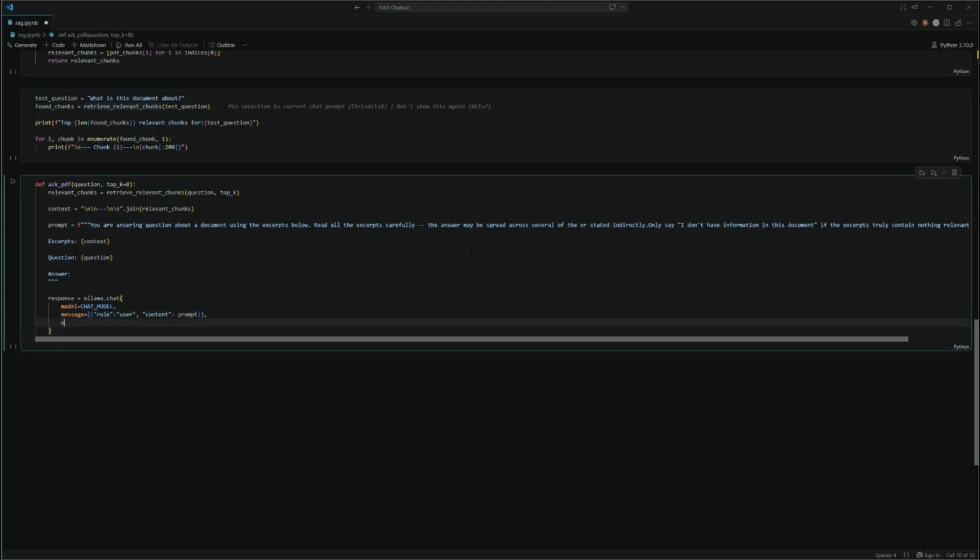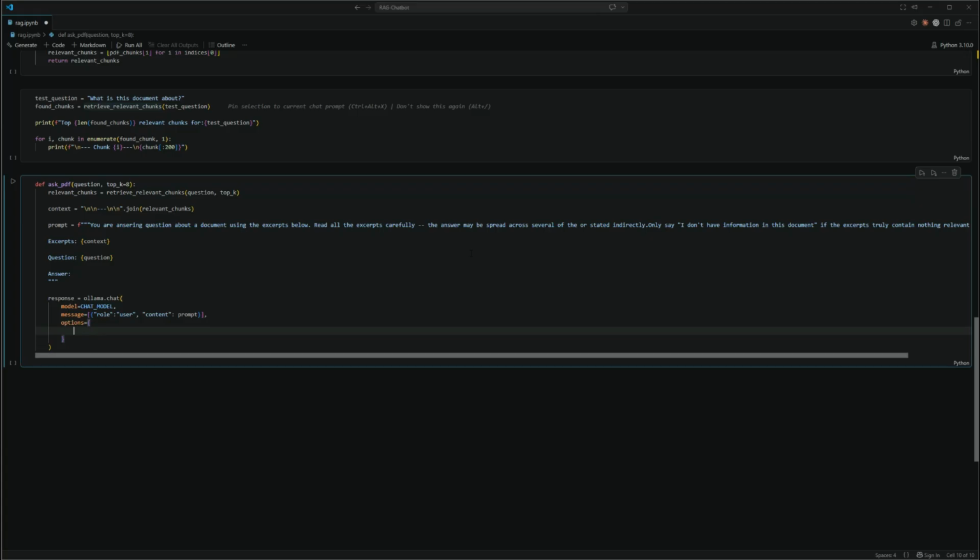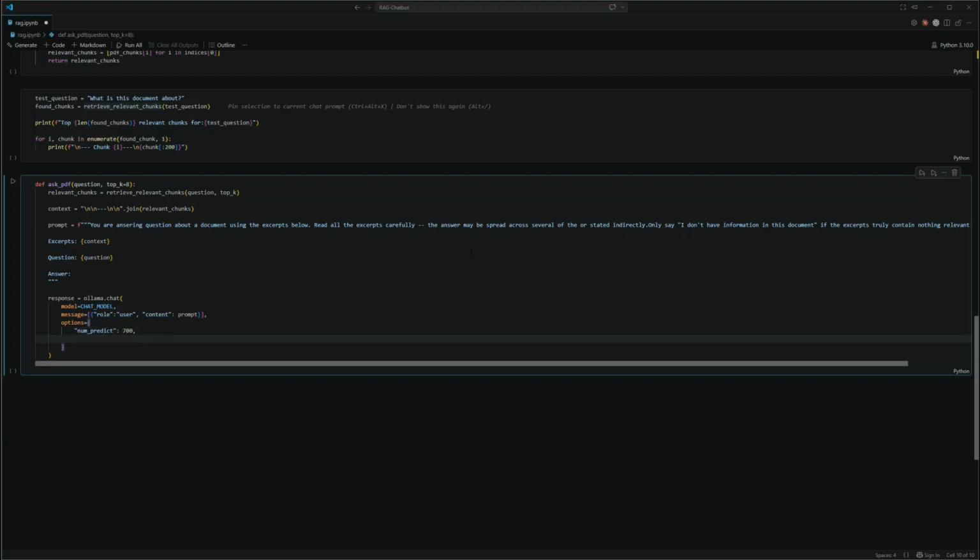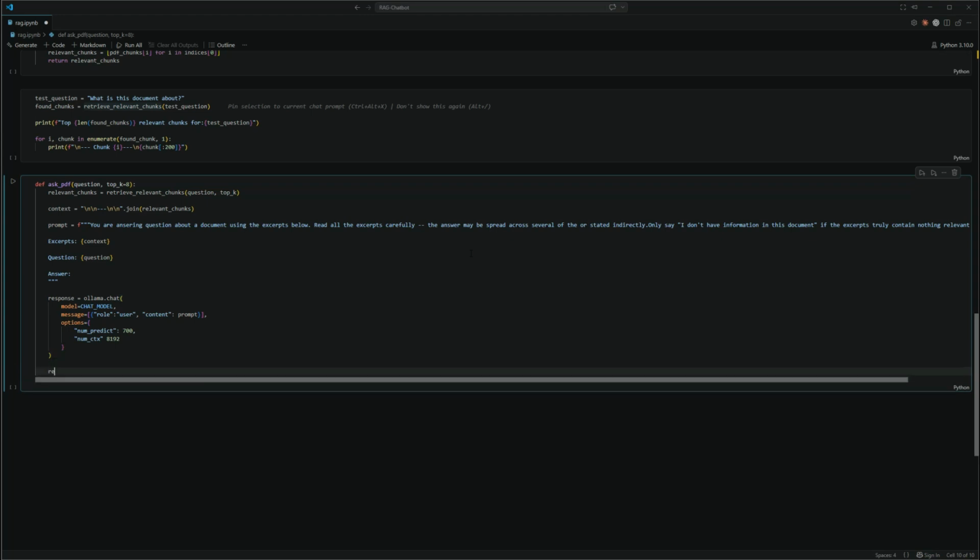Okay, and options equal to the number of predictions we want to have. So this will be the size of the tokens that will be produced, and then we have the context length, so num_ctx, this is our context length, which will be 1892, and then we're going to return the response. From response we have this message object, and from message we're going to return content. Okay,